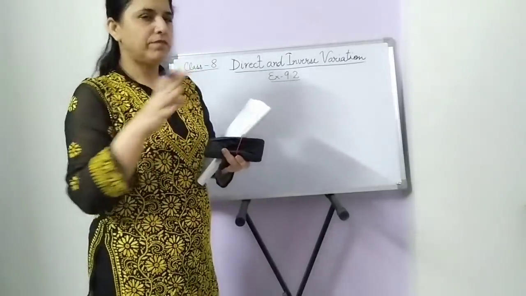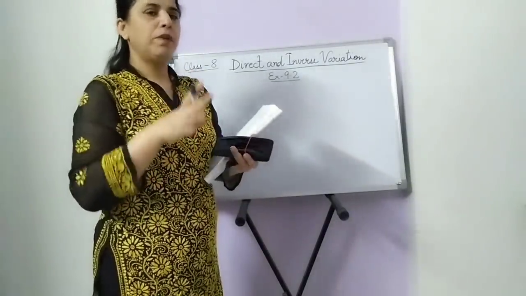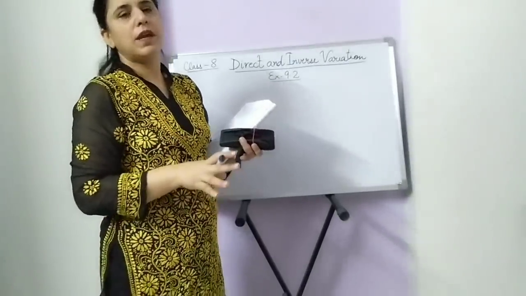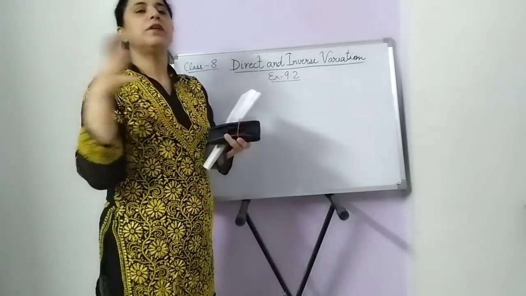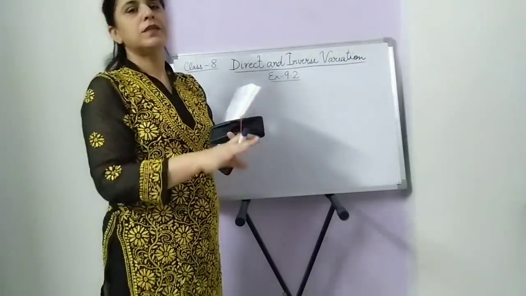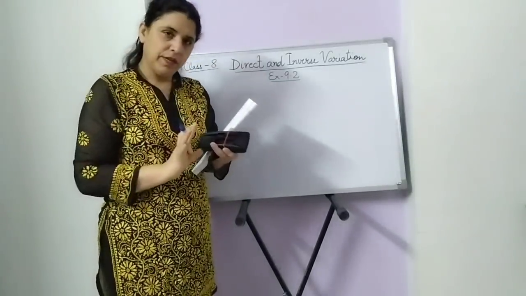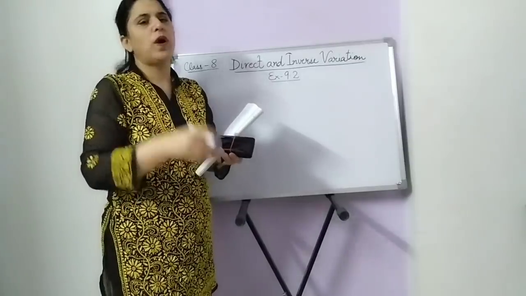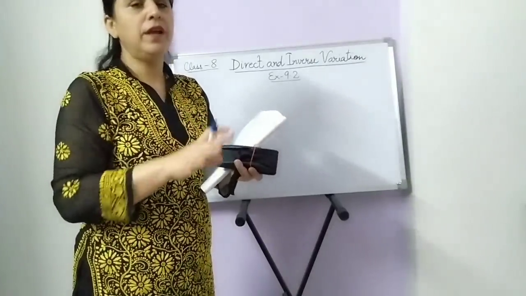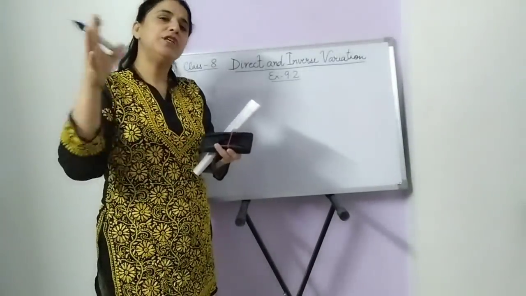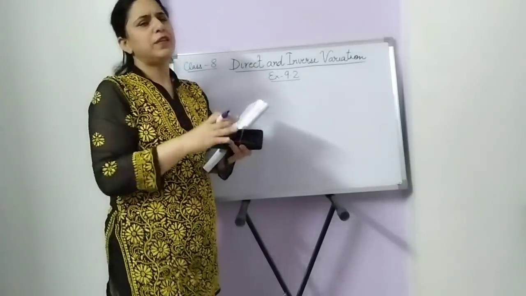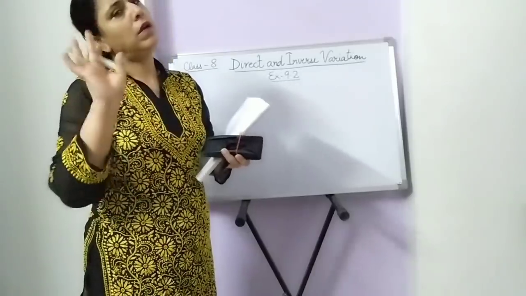Now, just an example of this. On every starting of the month, what is the first work that your mummy does? She prepares a big list for the grocery and everything, and she collects all the ration. Suppose you have 4 family members, then she collects the ration for the whole month. Suppose 10 kg of rice, 20 kg of flour, or pulses, whatever quantity is required. She makes a list and calculates that for the 4 of us, 10 kg of rice is sufficient for a month.